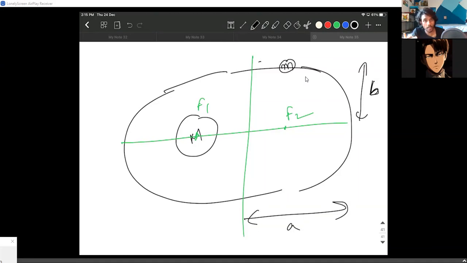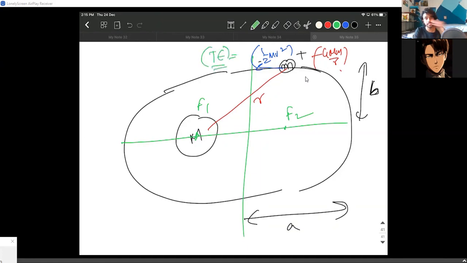It is not a circular orbit. If it's not a circular orbit, the distance is changing. The distance between them is changing, which means the potential energy, minus GMm by r, is changing, which means the kinetic energy is also changing. Yes, this is true. The kinetic energy and the potential energy of the system are constantly changing. But the good part is the sum of these two, which is nothing but the total energy, is always constant. It's not a changing value at all.